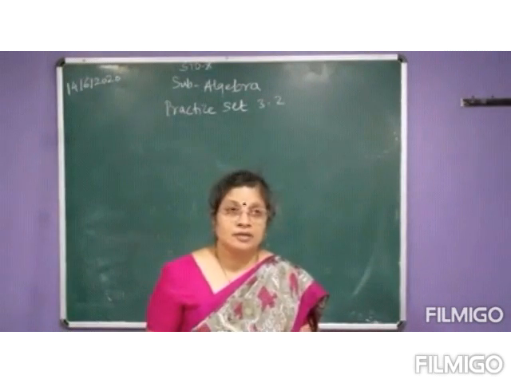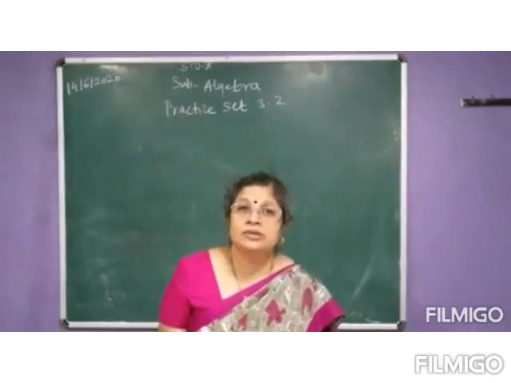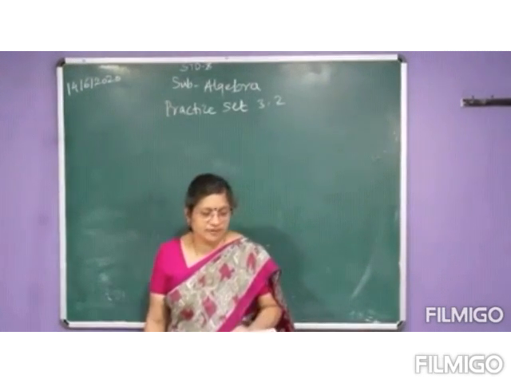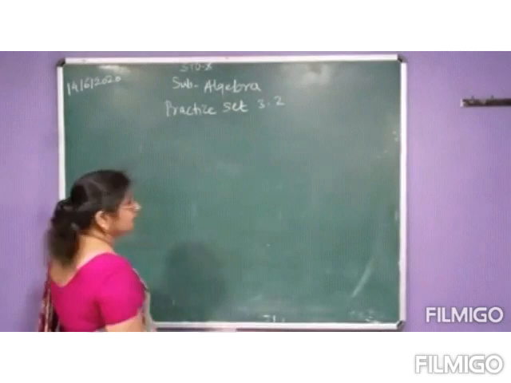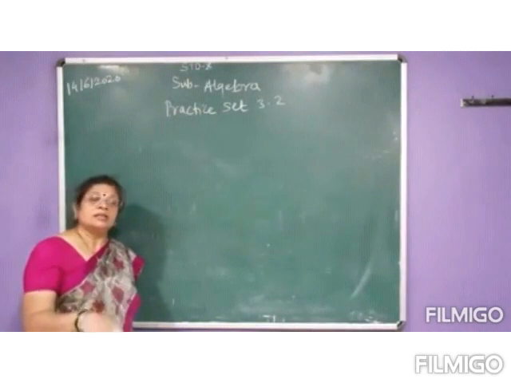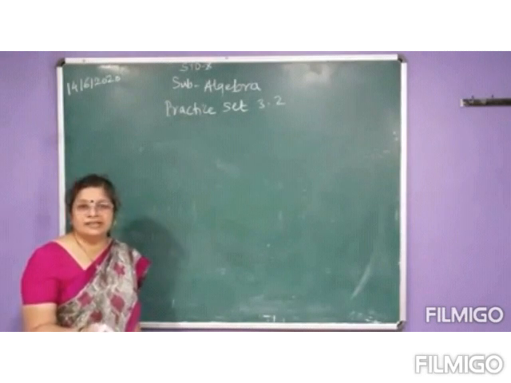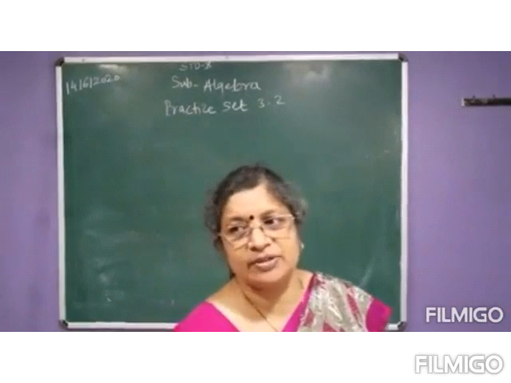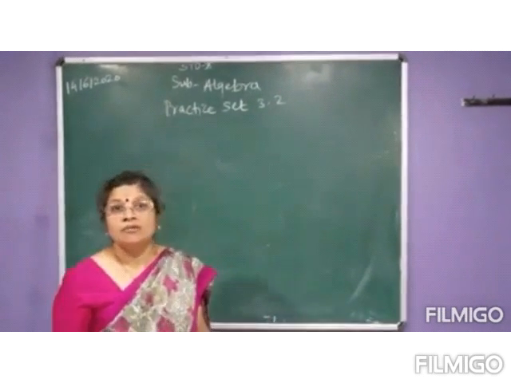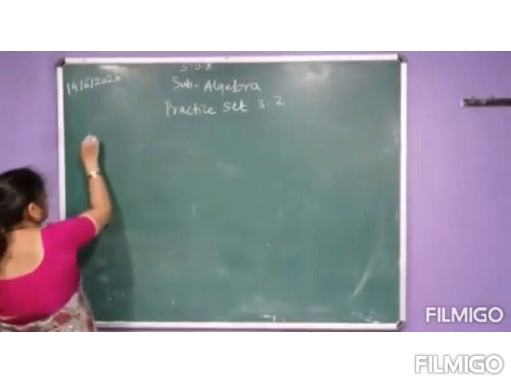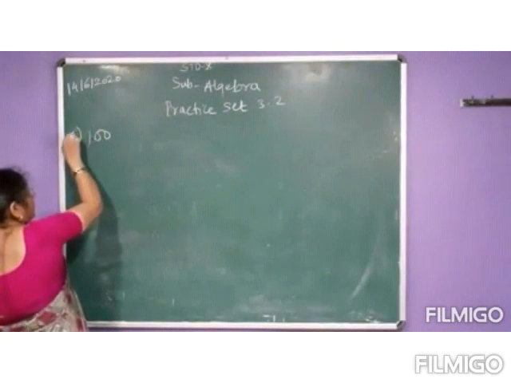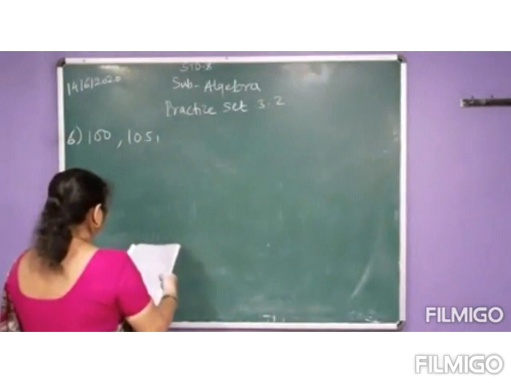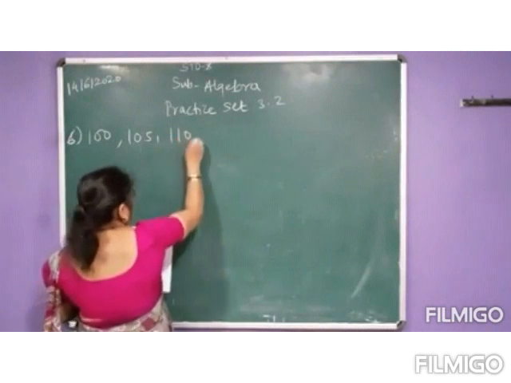Now how to write? Now see, 3-digit number. First, which is the 3-digit number which is divisible by 5? That you have to find out. Now see, 99 is the last 2-digit number. Now the first 3-digit number is 100. Is it divisible by 5? Yes. What is the divisibility rule of 5? At the unit place, if 0 or 5 is there, then it is divisible by 5. Correct? So the first 3-digit number which is divisible by 5 is 100. 100, 105, 110, like that.